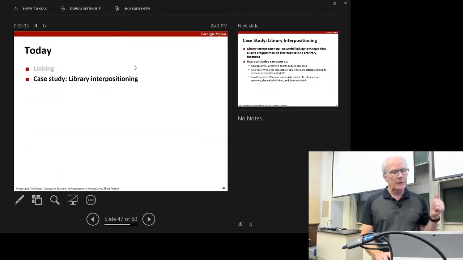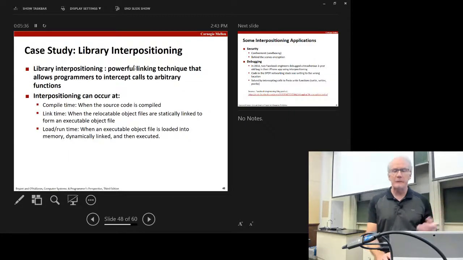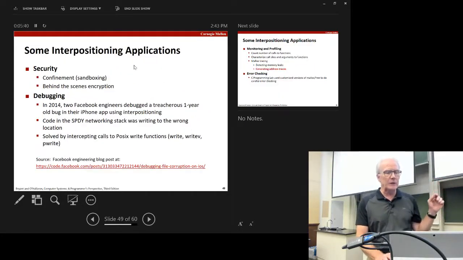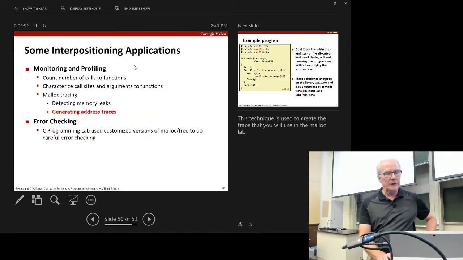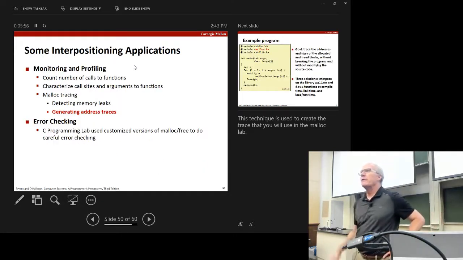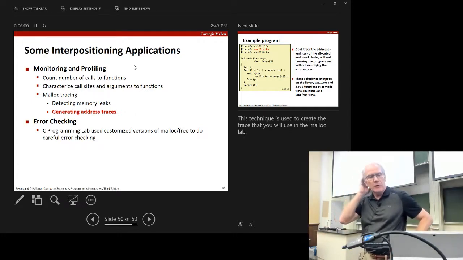Okay, I want to just finish with one real quick thing that actually gets pretty useful, and it's called interpositioning, which is when you want to track the calls to some function. And the most straightforward version of that is like for profiling, or for example, you've seen in